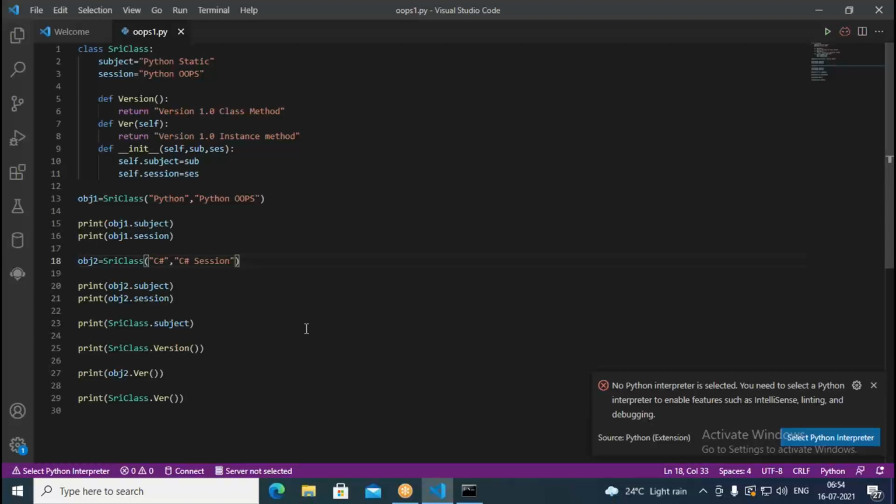Similarly, wherever we use self, it is going to be object level. That means without creating an object you cannot use it. So there are two methods which are at object level. First one is var, the other one is the constructor. In order to create an object we use the constructor. So like this, we do object-oriented programming.